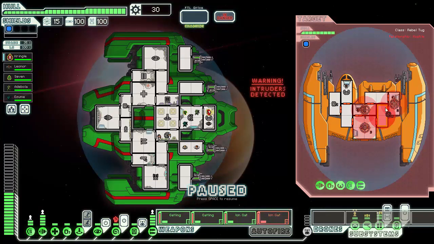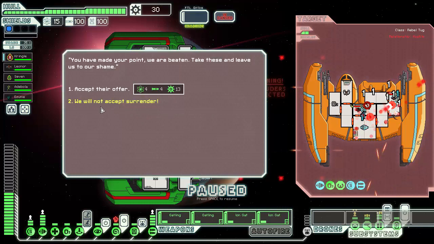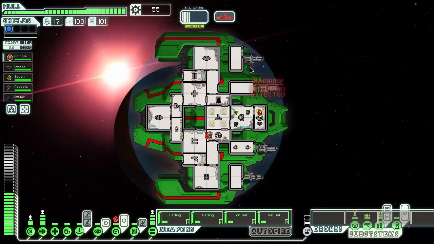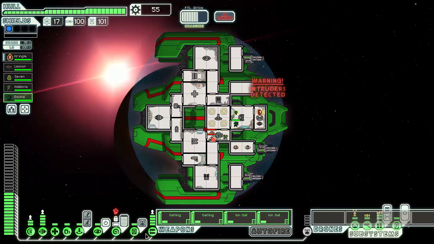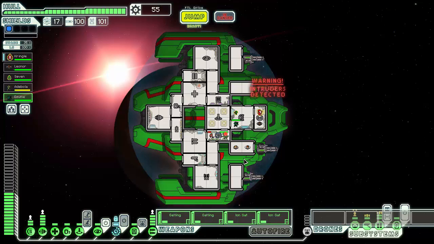Ooh. Gatling weapons with a spread on them. Ow. Okay. You've made your point, you are beaten, we will not accept surrender, though. Ah, that's just straight up insanity right there. So... Shots per... Ah, there you go. And that immediately explains why these have a radius to them, because it could cause problems. But I don't think it's a problem as long as the enemy doesn't fire with them, so...